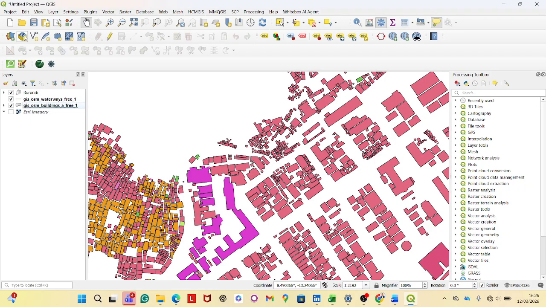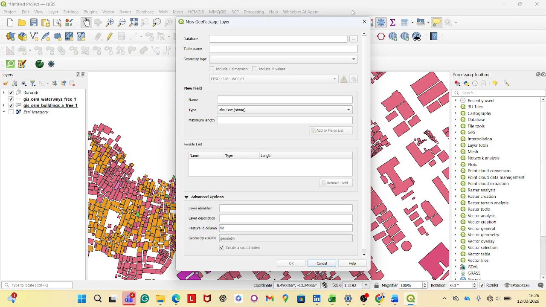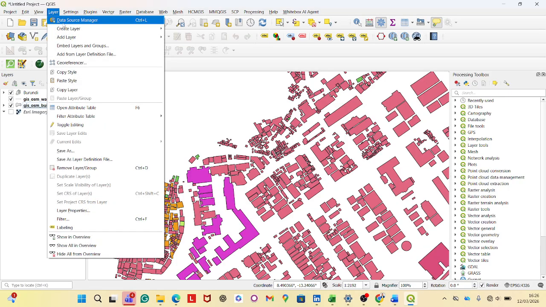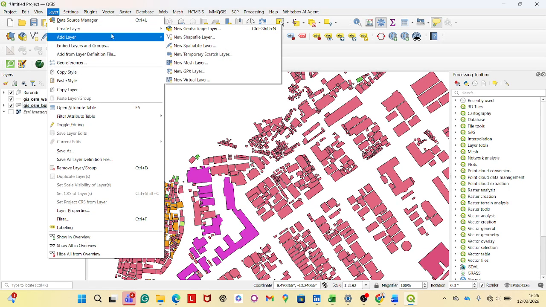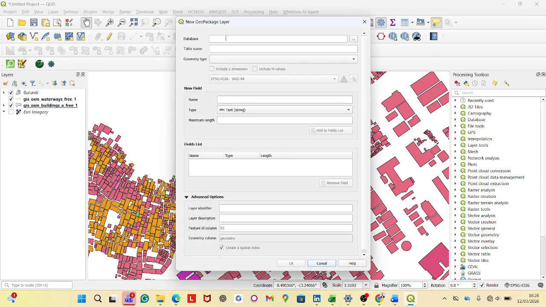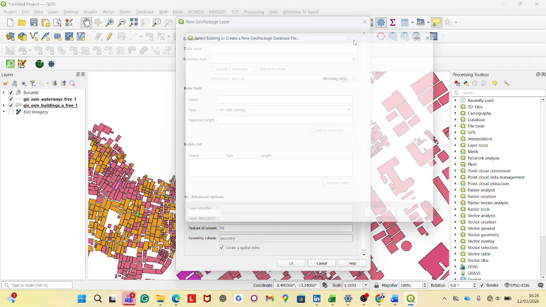So just go to New GeoPackage Layer. You can click right here, or go to Layer, then Create Layer, then New GeoPackage Layer. Then you have to set your database, or the folder you want to save